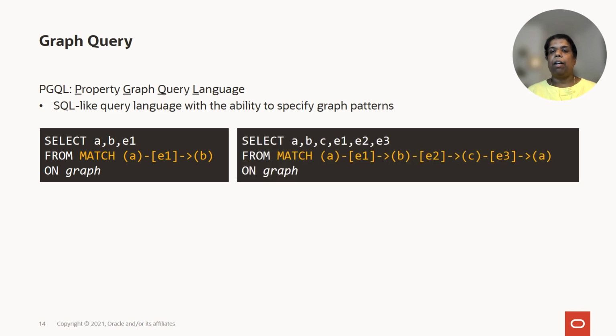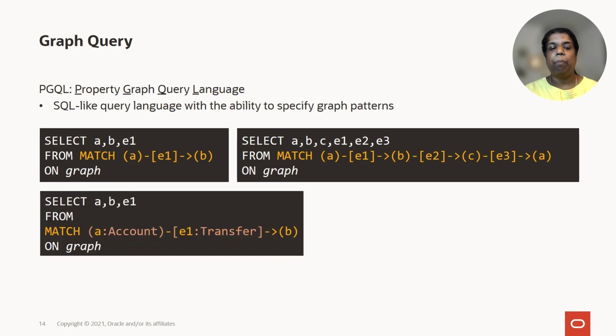In this example, the graph pattern is a little more interesting. You're starting with a vertex A that connects to vertex B, that connects to vertex C, and then connects back to A. So this is a cycle that goes through two intermediate nodes. In other words, it's a 3-hop cycle. So you're looking for all 3-hop cycles in a graph, and you're representing a 3-hop cycle using this graph pattern.